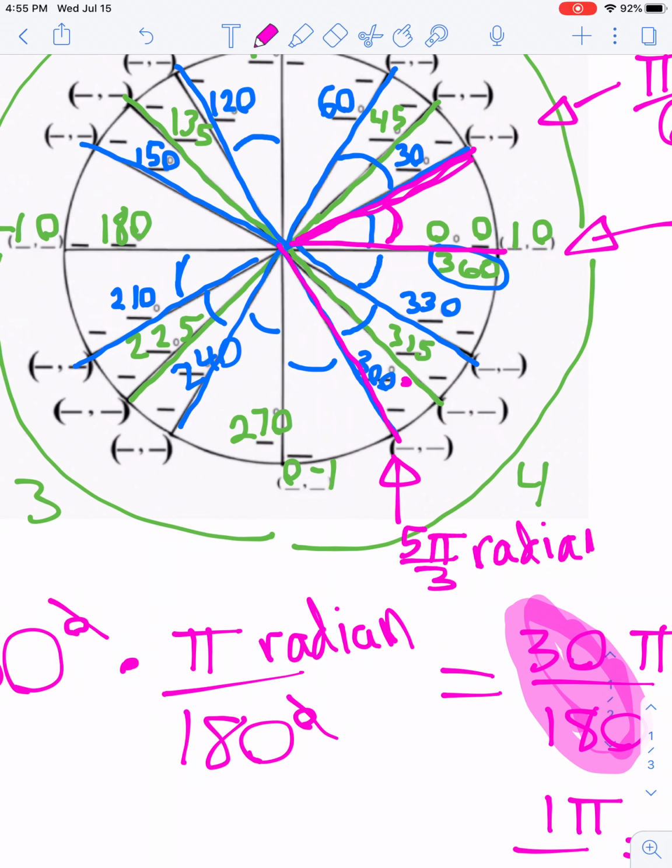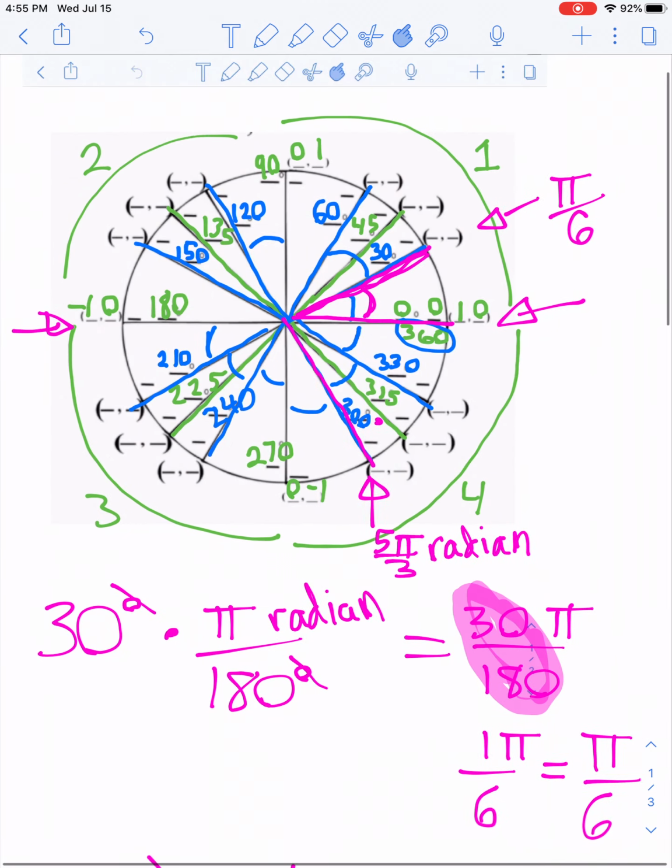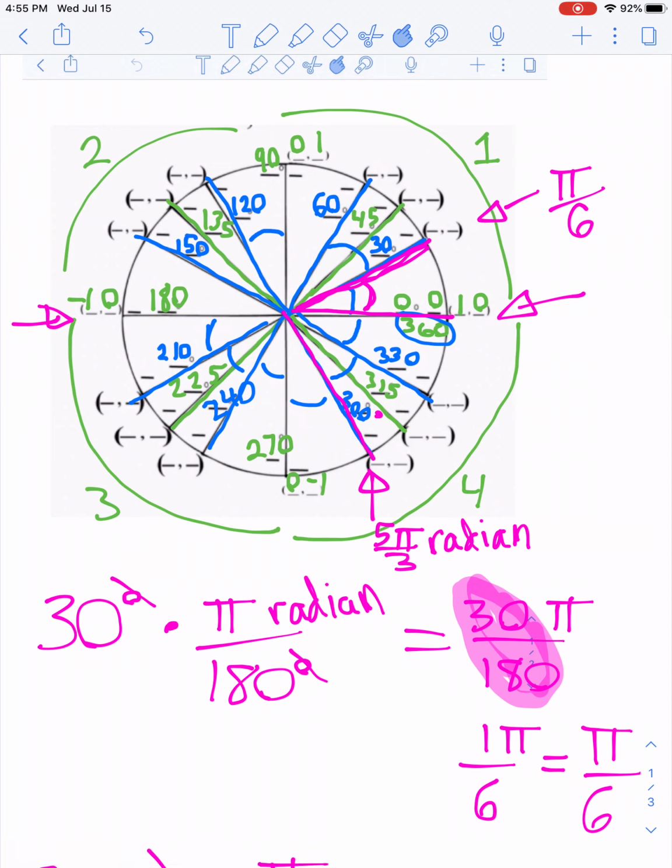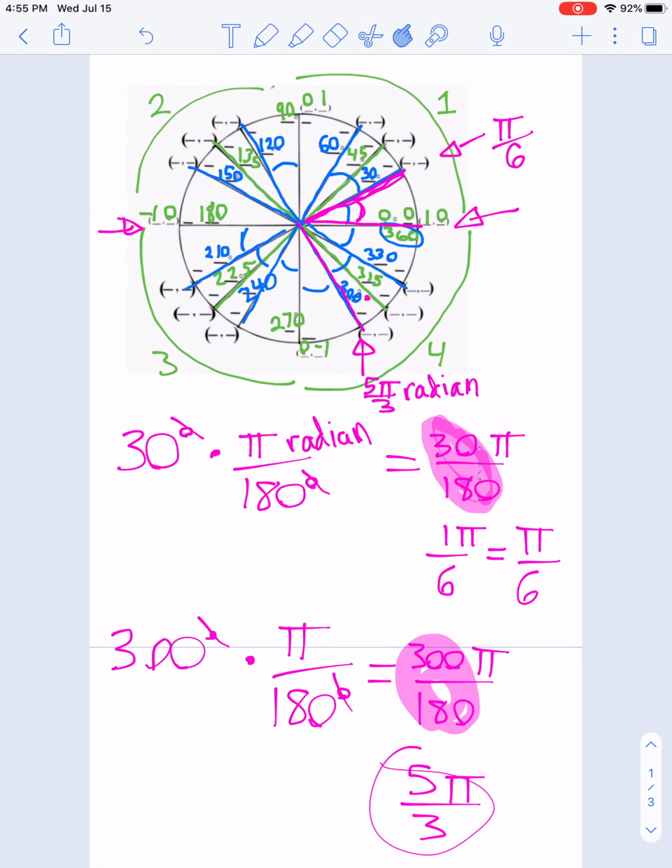Okay, so I'm not going to go through every single one of our angles here and convert every single degree into radians, but I wanted to just show you two random angles, the 30 degrees and the 300 degrees, and just remind you how to convert those into radians. So when you see a complete unit circle and you see all of the angles in degrees and in radians, I want you to hopefully now have a better idea of where those measurements come from. Okay, so that is